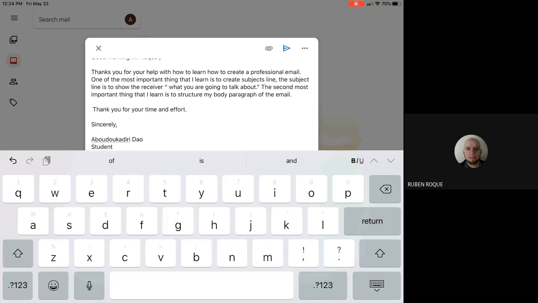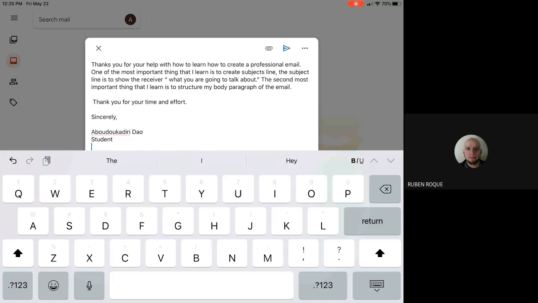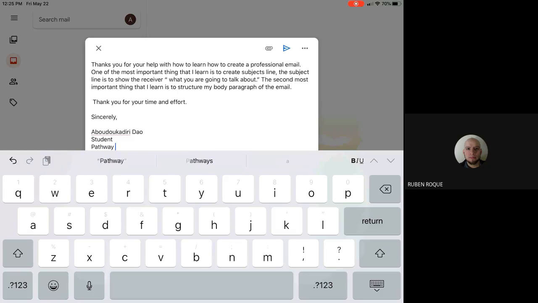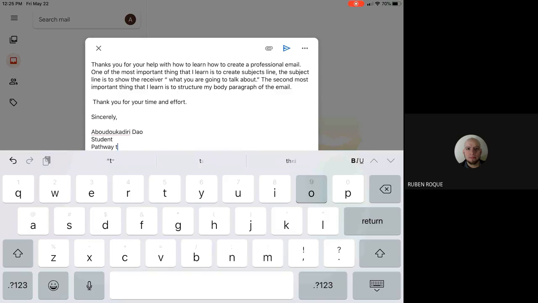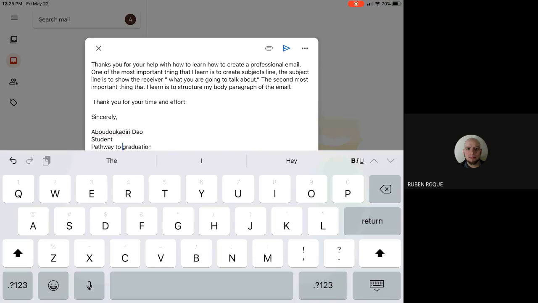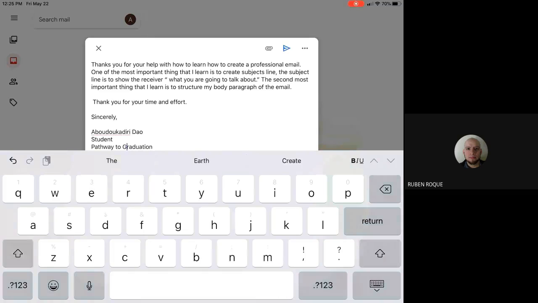So you put student, then press return, and then put Pathways to Graduation. That would be a more professional closing signature for your email. You have to put the G capital because it is a program and something that has a name. So you have to remember capitalization.